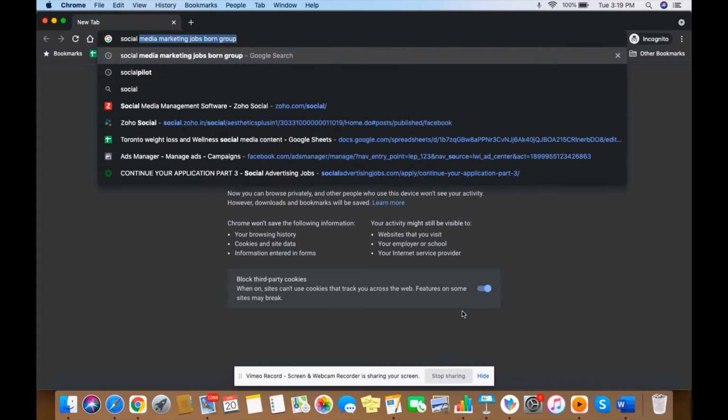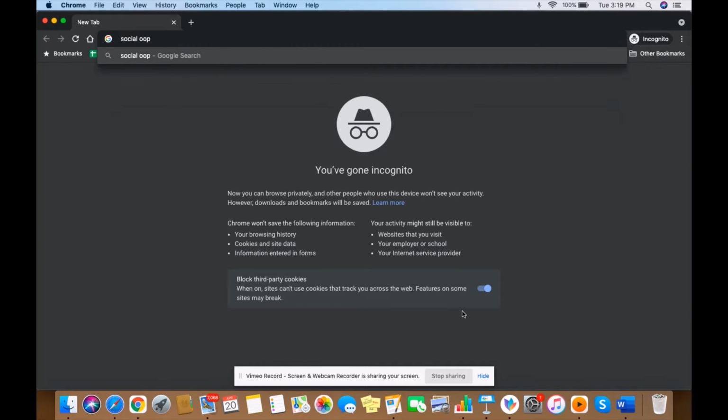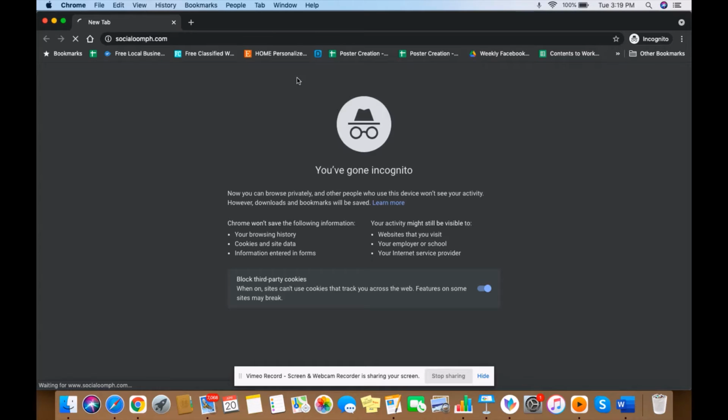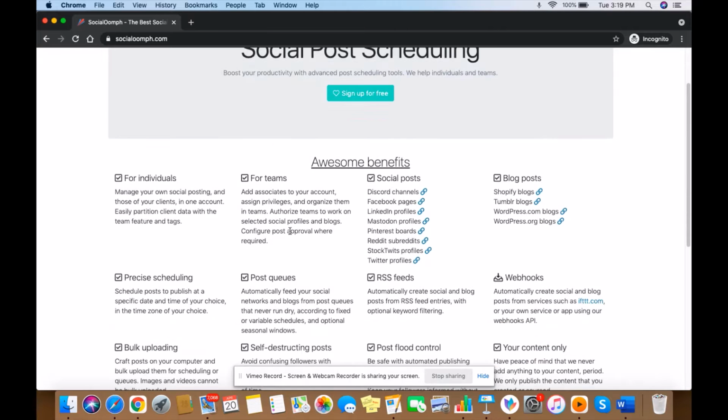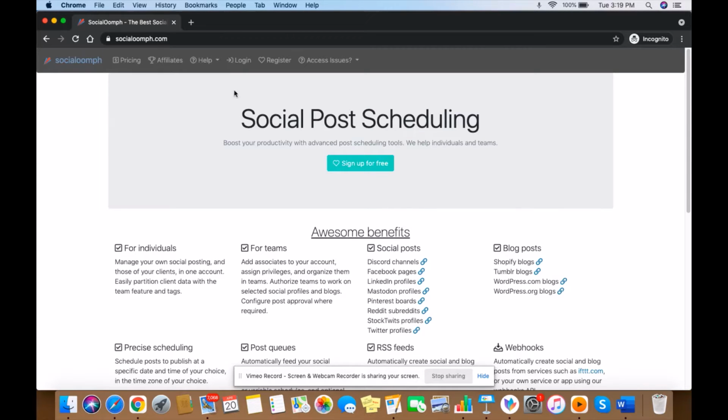The first tool would be a tool named Social So this is an awesome social posting scheduling site that you can go ahead and try. So they have a scheduling option. You can add webhooks, and there are a lot more advantages when you use this particular platform. So let's see the pricing plan.